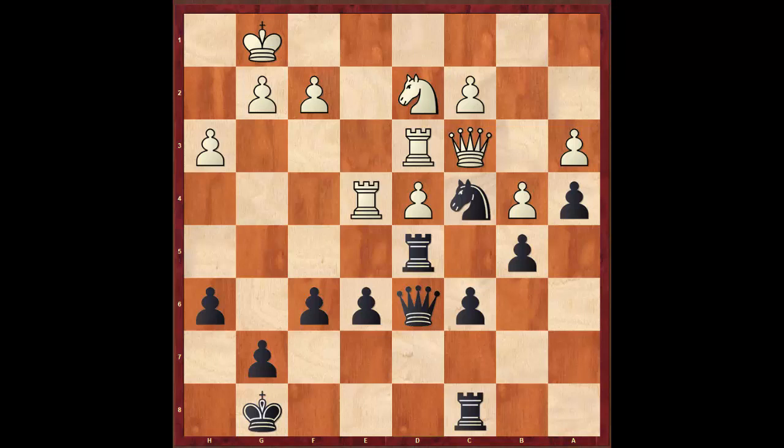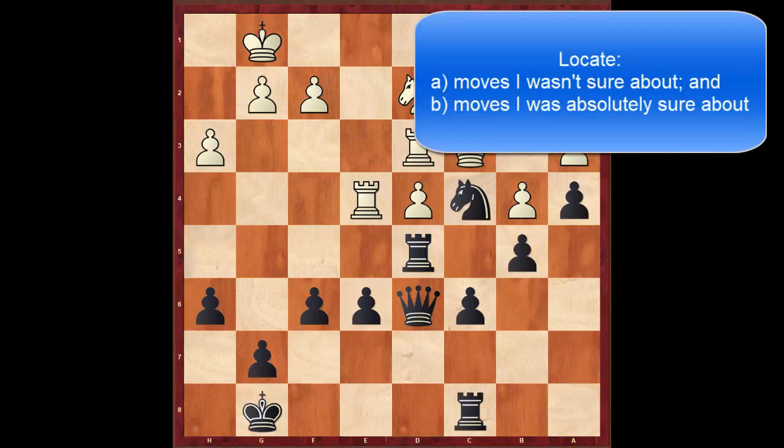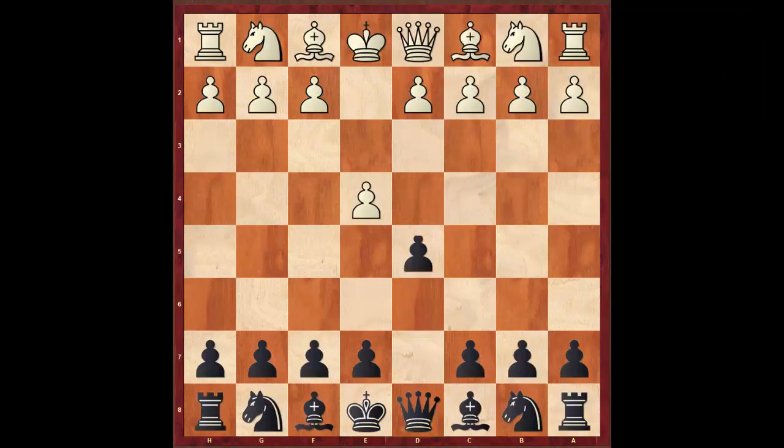So what's the first thing I do? I go back through the game, and I want to find moves in which I was either unsure, at any point where I was debating between a couple of moves, or where there was one move I thought had to be the right move, because these are the most important elements in the game. So if we come back,